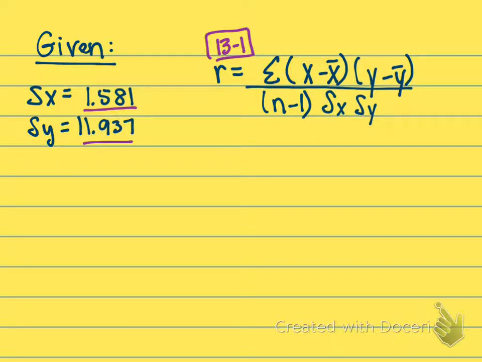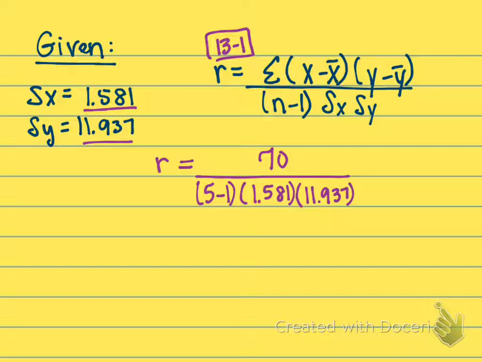And for our Y samples, it was 11.937. Okay, so now we're just plugging in our numbers. So we have R equals 70 in the numerator, nothing more to calculate. We've already done all those calculations. Our denominator then, n minus 1, well, remember our n was 5, so we have 5 minus 1 times the standard deviation for the sample of x, which was 1.581, and the standard deviation for our sample of y's were